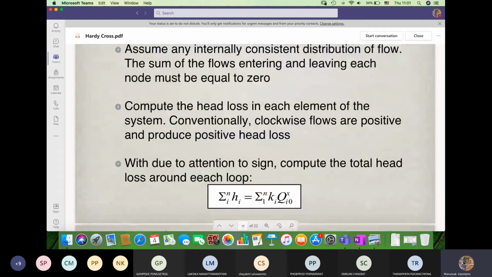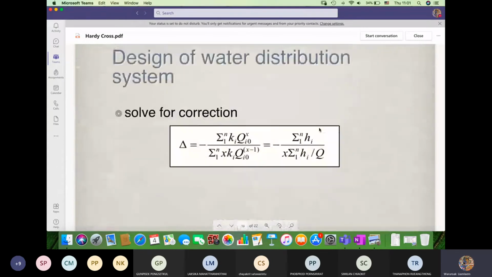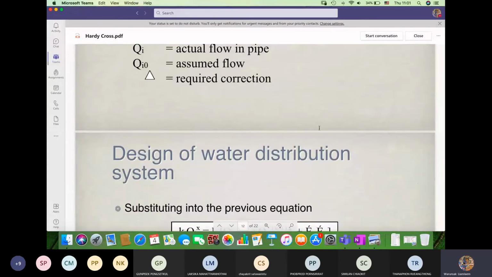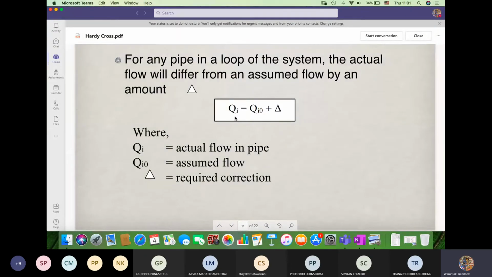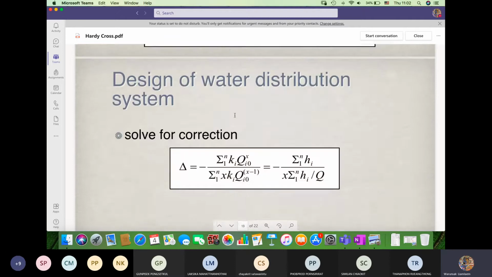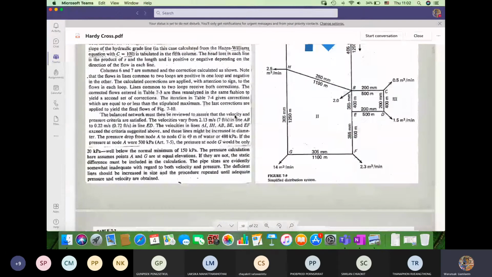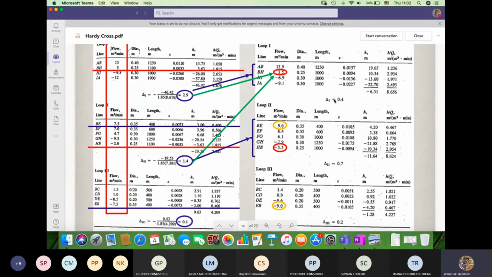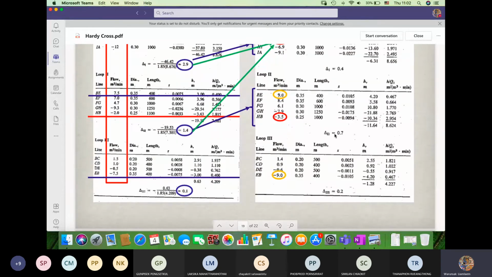So if we are getting a small delta, the smaller delta will be giving the assumed flows close to the actual flows. In fact, the delta should be small. So only with a small delta will the assumed flows be near the actual flows. Okay. So we have to try it again, because after the second try, the delta is still 0.4, but for the second group, the delta is